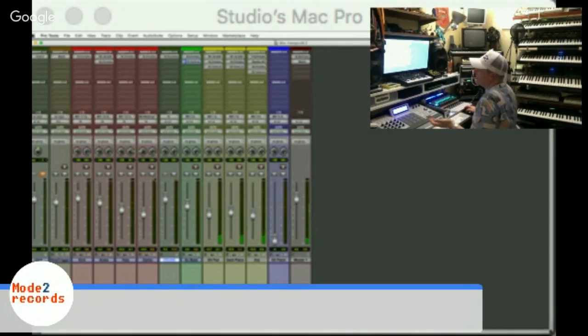That's done because it's the output of the channel that is sending it. So you can actually adjust the level of the channel, which is why I have it set like that, and not on an insert send. Because you can actually use the fader to adjust the amount of compression, which I think is a much better way of doing it. I'm sure other people would have different ideas, but there you go. Anyway,